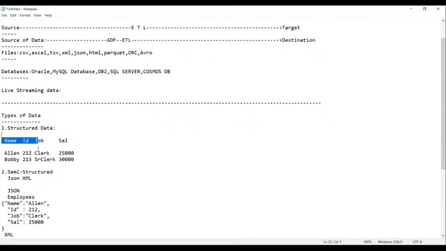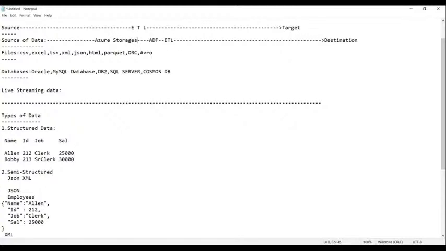Before we start the process of ETL, or we apply the ADF on the data, we require to store the data into Azure. That means we call it Azure storages.